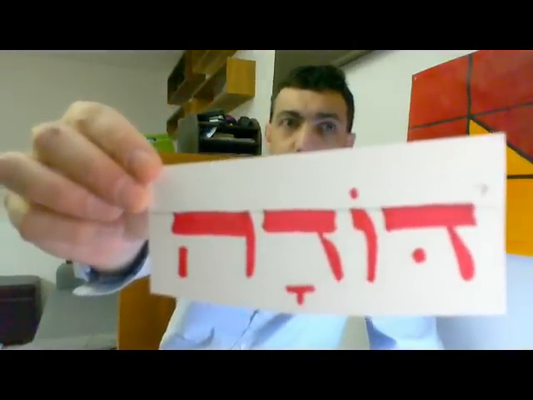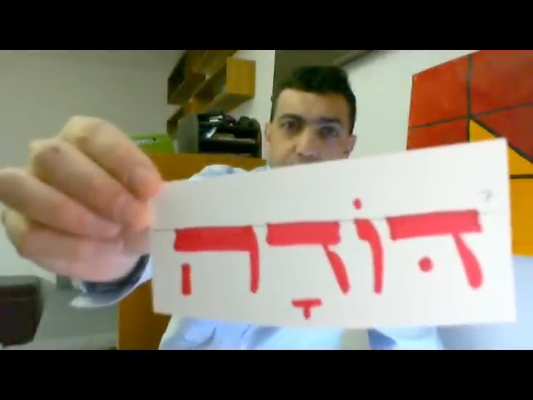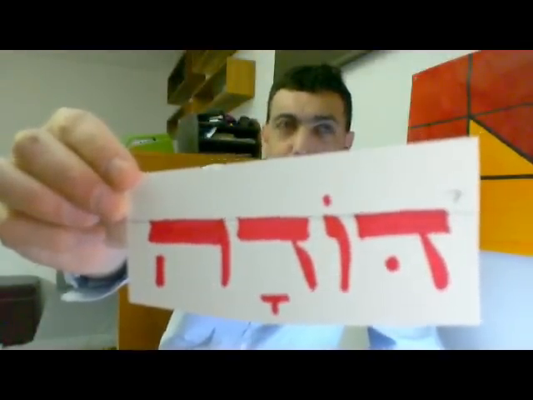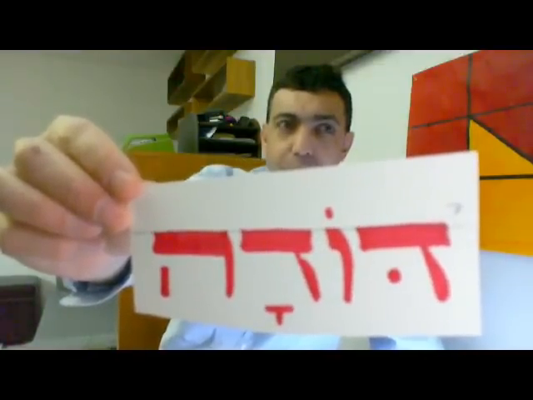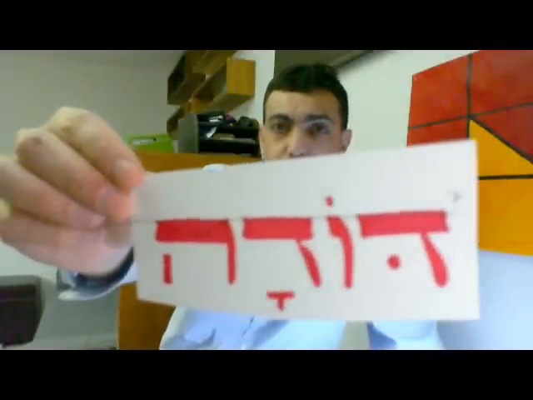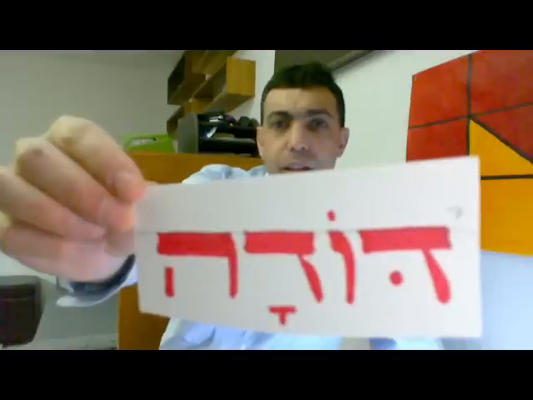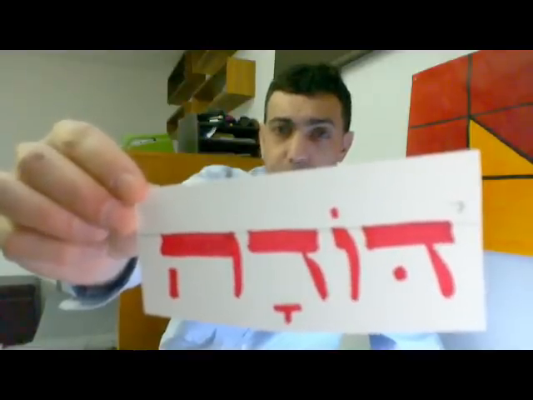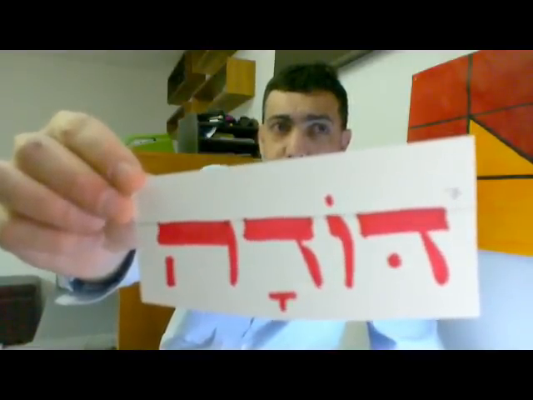Dodha. Dodha. And the reason for that is the bagad kefat. The dalet in the first takes its dagesh lene, becoming d. But the second dagesh has got, even though it begins the syllable, da, has got a vowel in front of it. And so the rule is that if it begins a syllable without a vowel in front of it, it takes its dagesh. But if it begins a syllable with a vowel in front of it, it doesn't. So dodha, dodha,